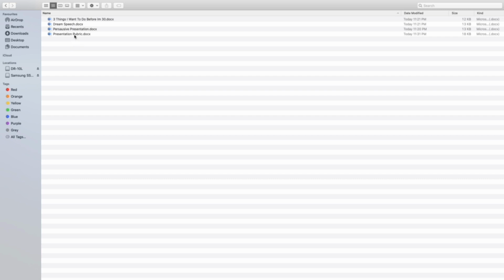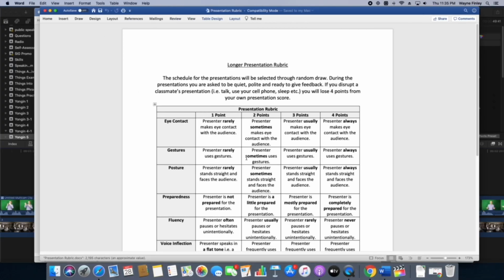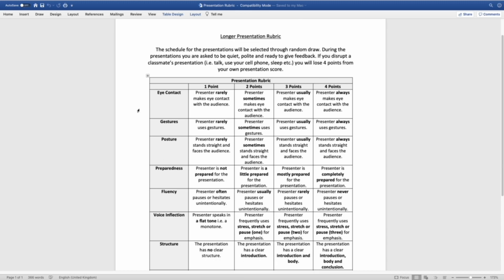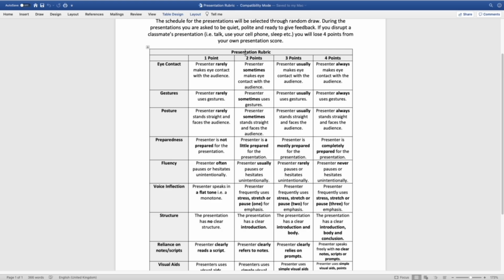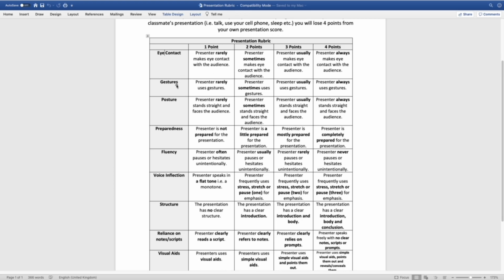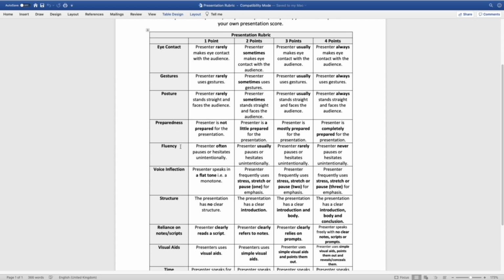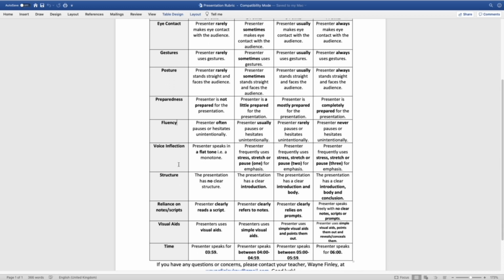By the end of the course, I'm always looking for public speaking skills. I don't expect TED Talk quality presentations after a 5-week public speaking course, but I do expect confident skills, clear speaking, etc. So you can see here, this was my rubric. Eye contact, gestures, posture, preparedness. Is the presenter prepared? How fluent do they speak? If they're prepared, if they practice, I think any student can speak smoothly. That doesn't mean perfect grammar, but smoothly.